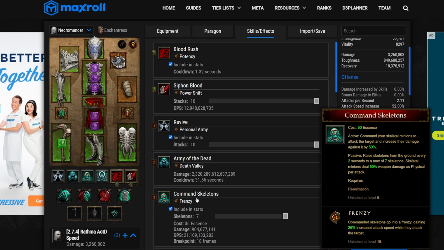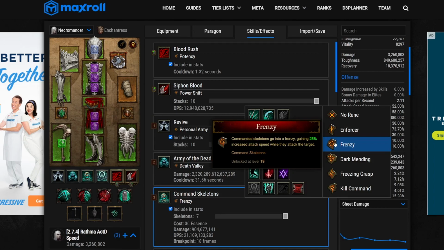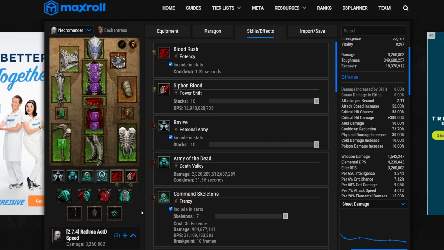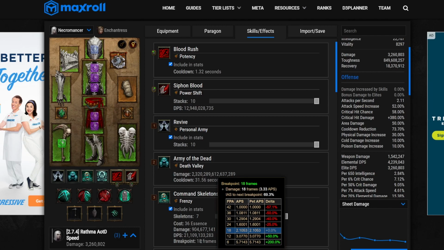What I opted for, I did test going a higher breakpoint and maybe running the extra recovery via the Dark Mending or the Freezing Grass for an extra Krysbin proc, but what I settled on was actually keeping the Frenzy rune, but running an even higher attack speed, lower FPA. Normally with this build you would hit 24 FPA with the skeletons. I opted to equip even more attack speed so that I could reset the cooldown on Land of the Dead